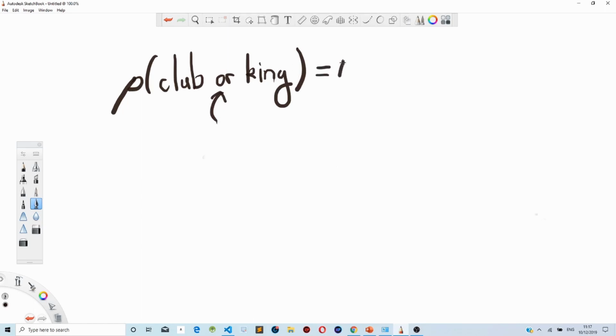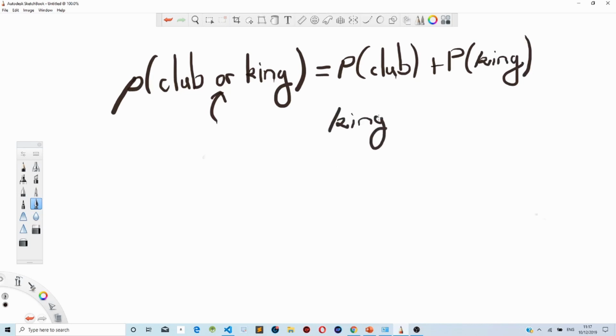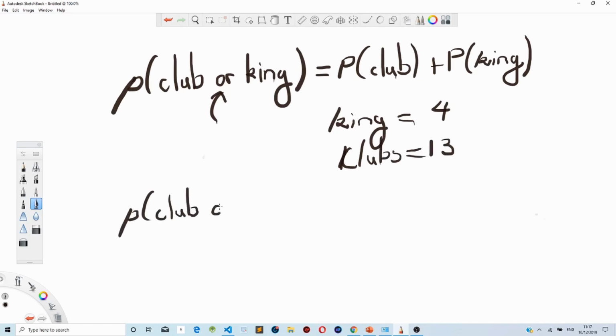So this is equal to the probability of getting a club plus the probability of getting a king. We know that the total number of kings in a pack of cards is 4, and the total number of clubs in a pack of cards is 13. So the probability of getting a club or a king is equal to